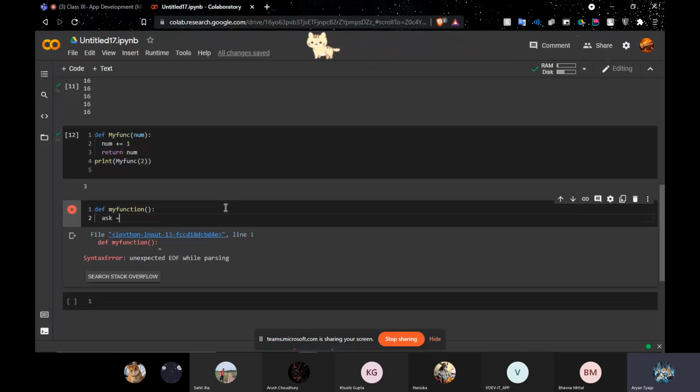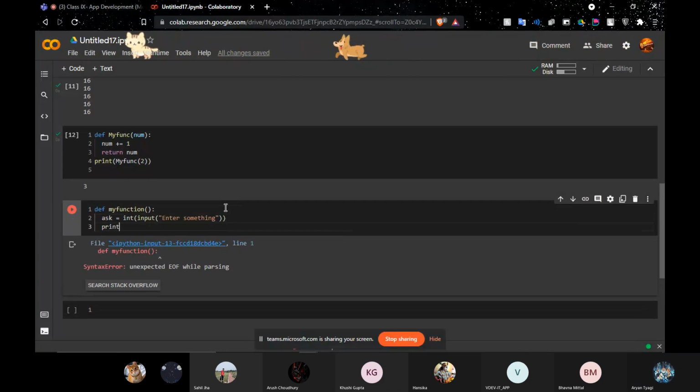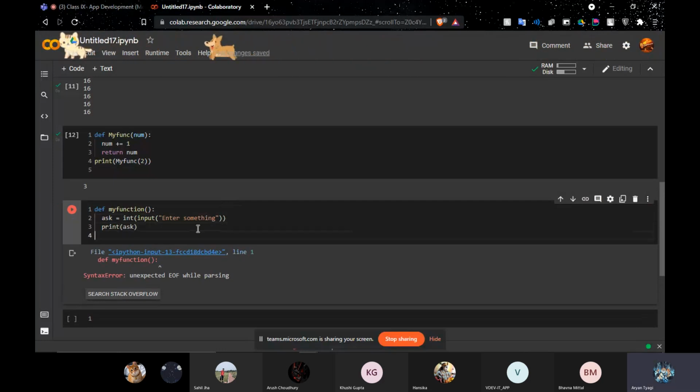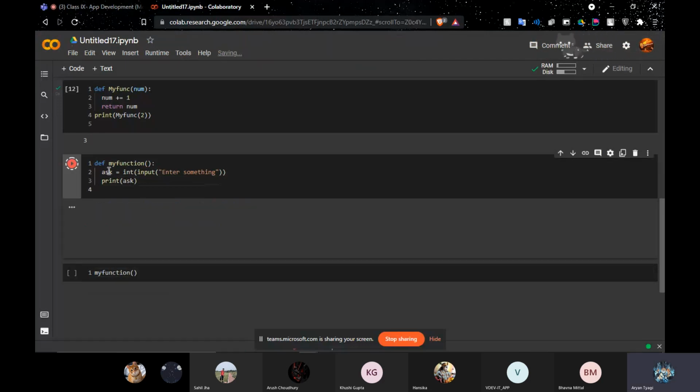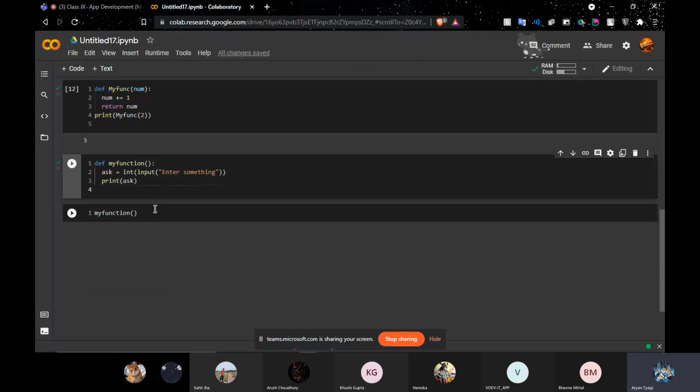Ask equals int input, enter something, print ask. So we have this, and then if we, for example, call the function in this code block, like for example, my function, and run this one, it will ask us for something.